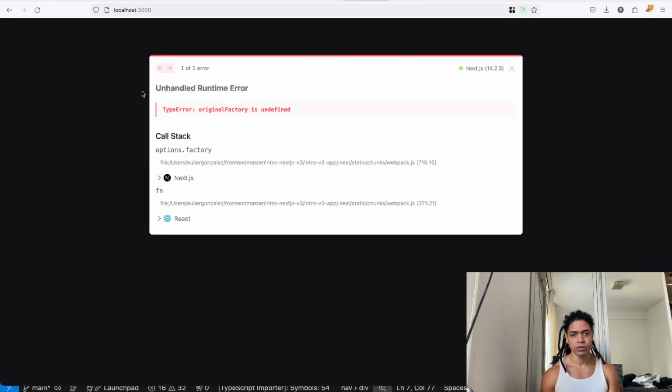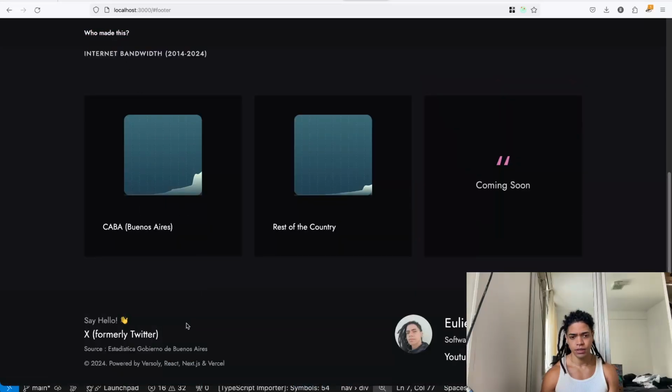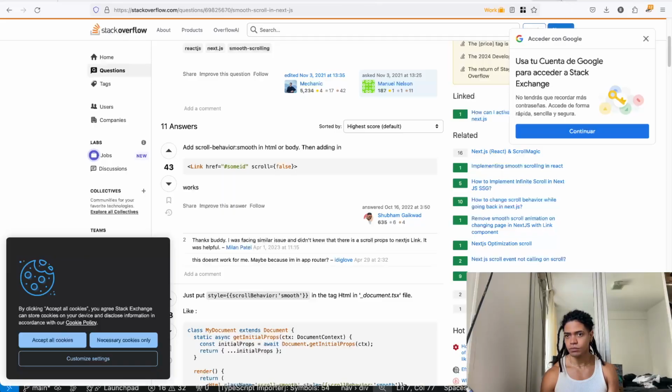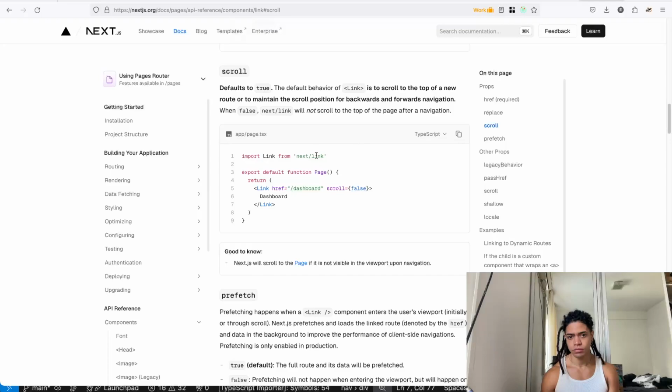Now by navigating to this, it throws me an error. It says original factory is undefined. What? Exactly. We can add the scroll behavior here.